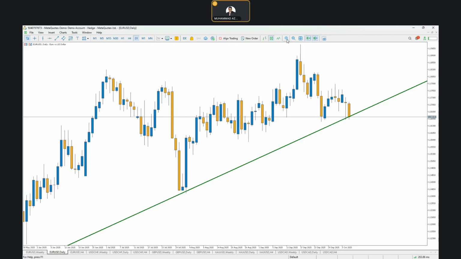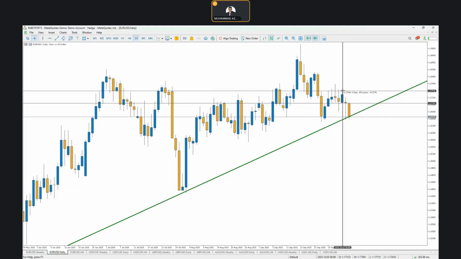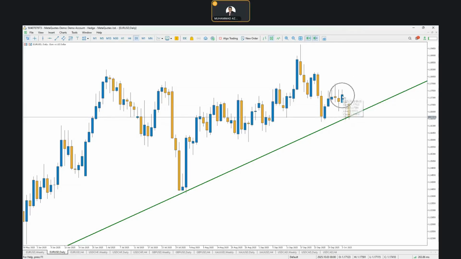The uncertainty favors the dollar's bears, and what happened is that we got a bearish candlestick close over here on October 2nd, but on October 3rd, we got a bullish rally. So the US dollar showed signs of weakness on October 3rd, but after that, the market is falling down and the US dollar is actually showing strength overall.